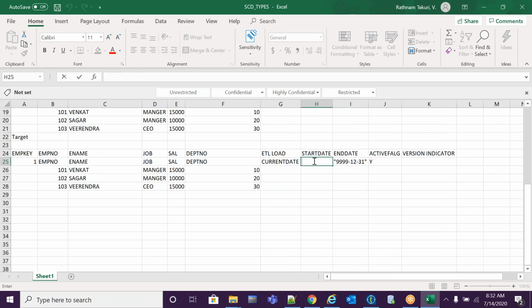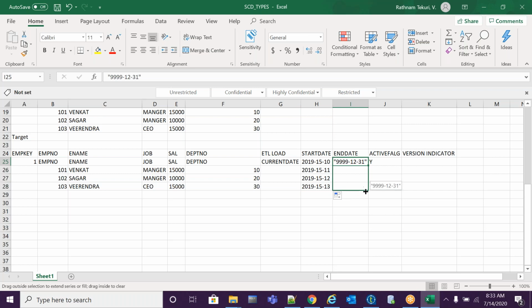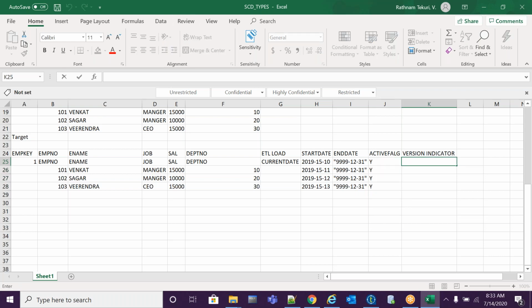Start date, suppose assume this is 2019, 15, it is inserted, all the records. All the records are active. Version indicator, the first time, 0.